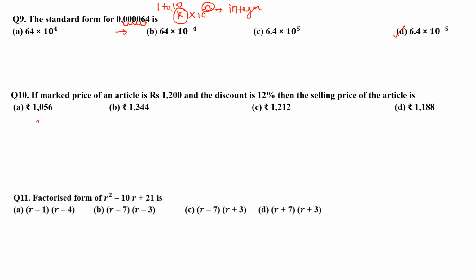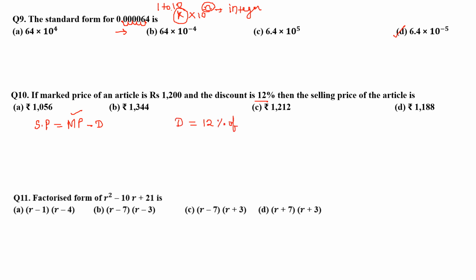So the formula for selling price is mark price minus discount, isn't it? So you have the value for mark price, but you don't know the discount amount. Discount percent is given, but what is the amount of discount, that you don't know. And we know that discount percent is always calculated on the mark price of the article, isn't it? So from here I can calculate my discount will be